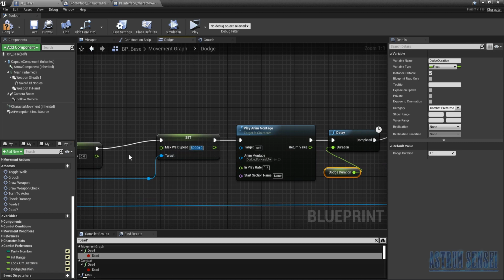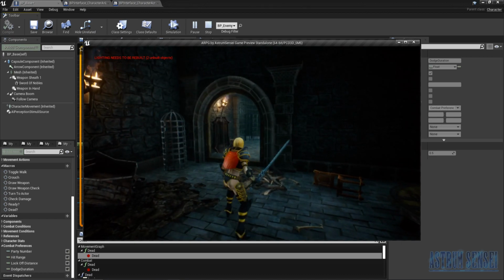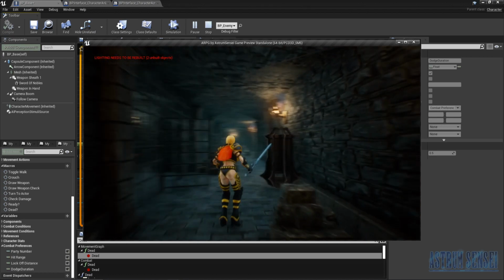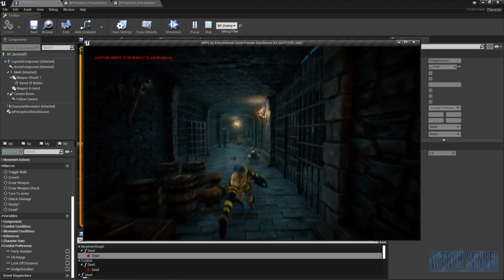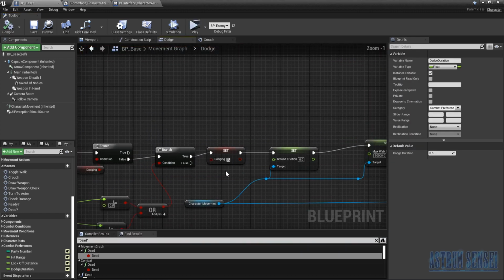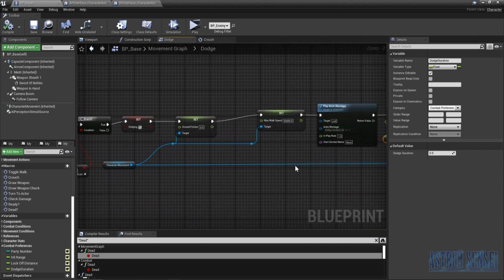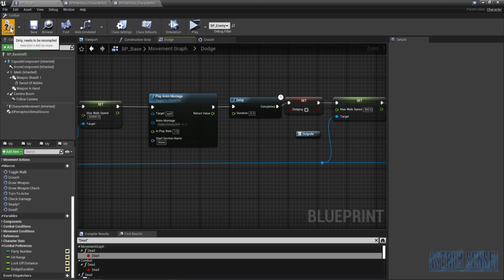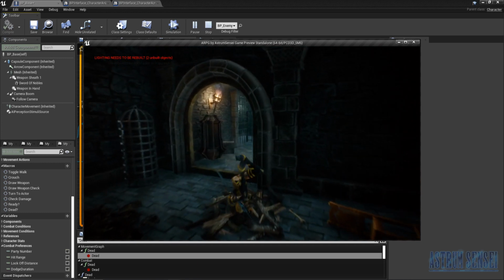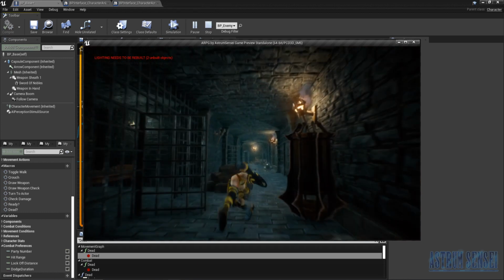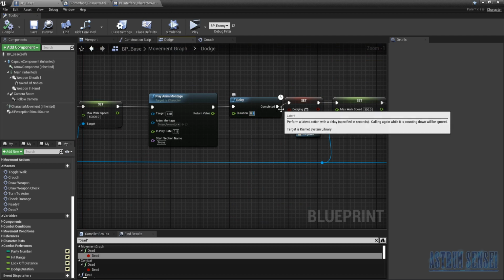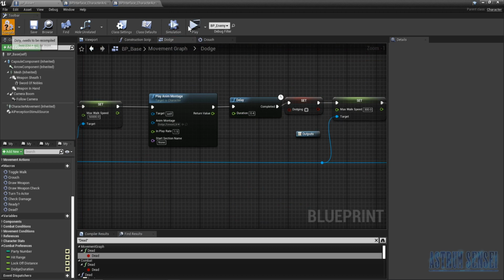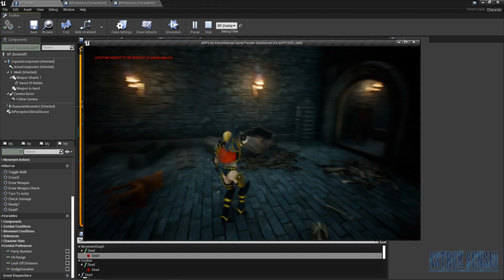Yeah, if we go with 50,000 for the max walk speed and give dodging a try, does it really change anything? Yeah, the dodging no longer works for some reason. I'm not sure what it is, but it stopped working when I added this variable, so I'm gonna remove it and give it a try. Yeah, it now works again, but the duration is very small, so we're gonna go with 0.4 for the dodging duration, and if we try it out,